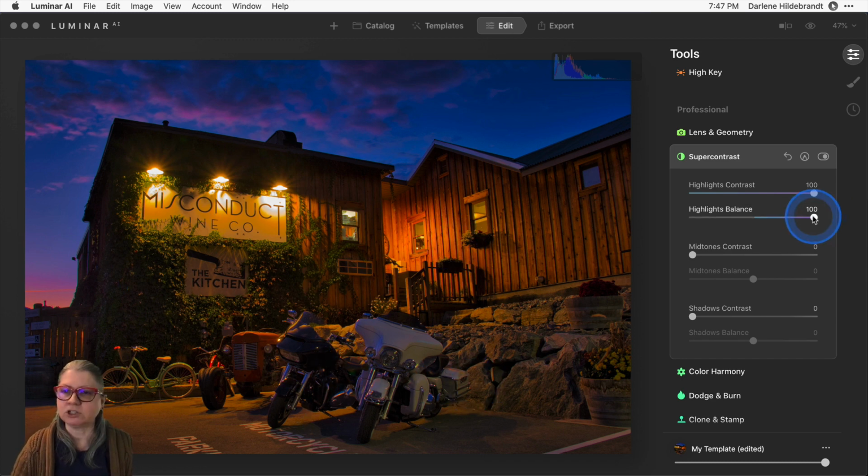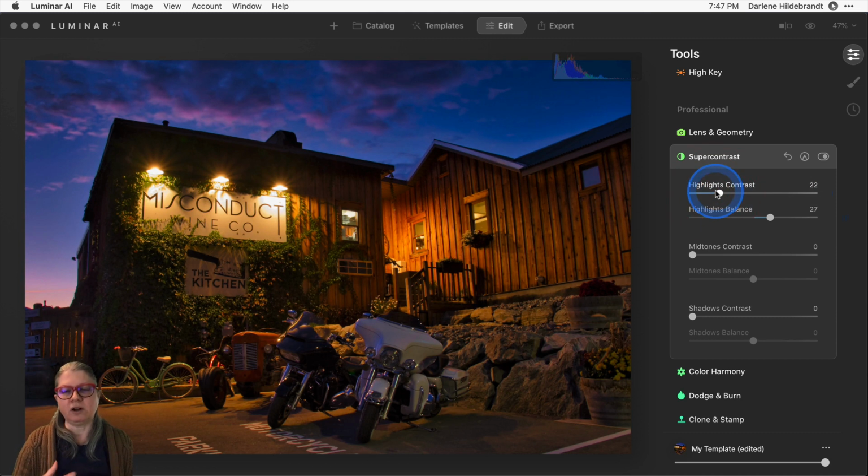So I definitely want to darken the highlights, but not that much. So I'll bring the balance back to closer to center and bring this amount down. So how I often use the tools is I take them to extreme, see what it does, and then come back in the middle somewhere. I'm going to settle about there because I really like what it's doing to the sky. Not so much what's happening up here, but I'll come back to that in a minute.